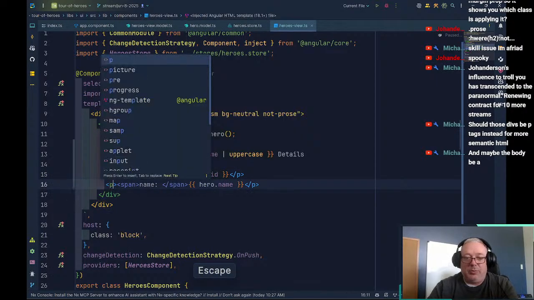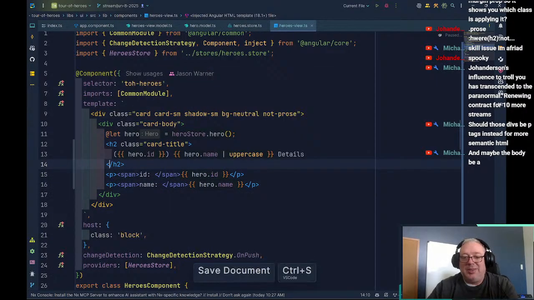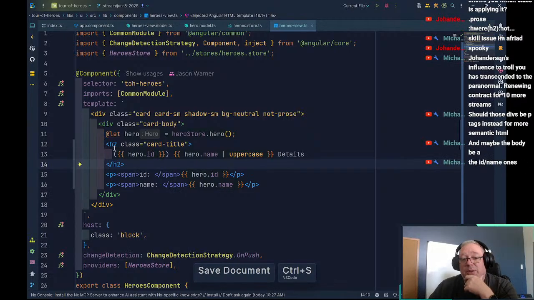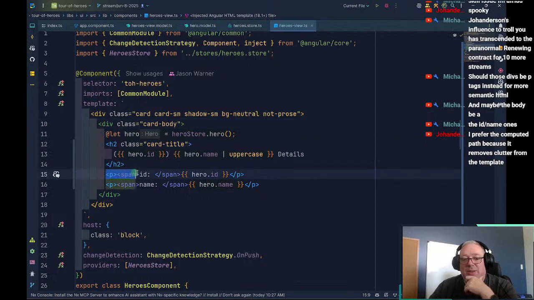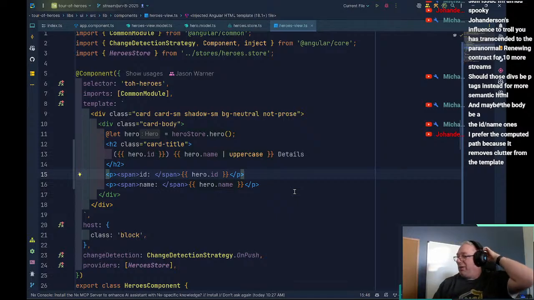This is more semantic markup, right? These divs are structural, so this one and this one are structural, right? The divs that were here were less structural and more markup, and p tags would do what the yeah. I agree with you there, Johanderson. Also,